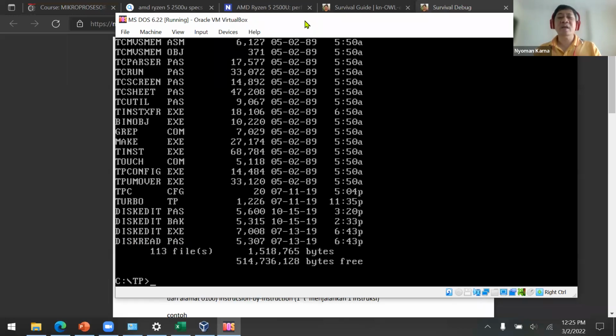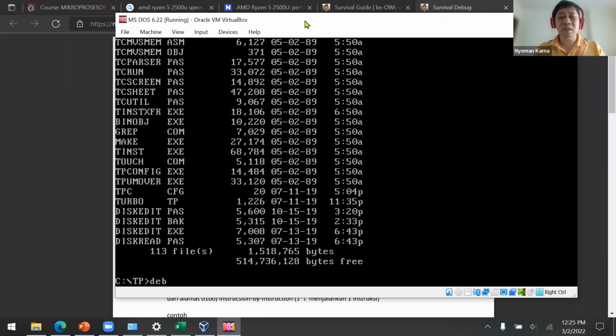Actually, every time you run a program, your operating system will read the program and put it into the memory, because your program is located inside the hard drive or flash disk. So your operating system will read the program and put it into the main memory, the dynamic RAM.